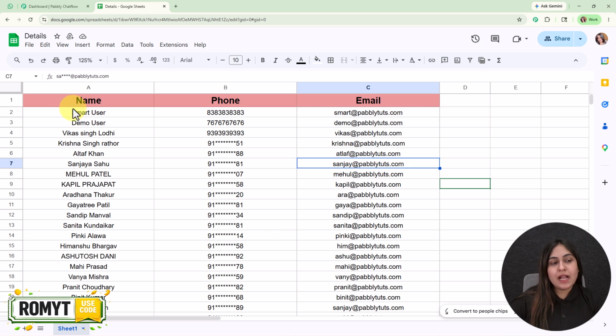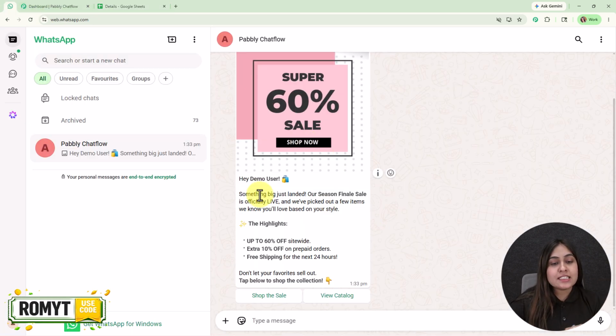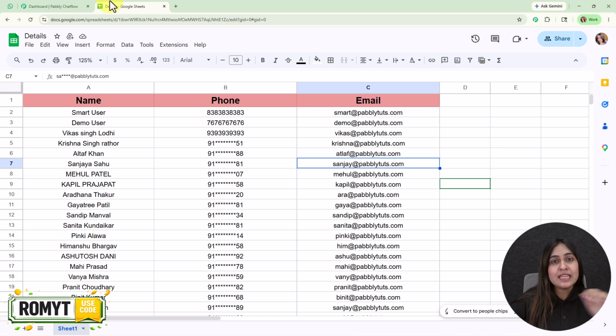I wanted to send bulk WhatsApp messages to all these contacts whose data I have in Google Sheet. But not only a single message, I wanted to send this message with an image attachment like this to all these customers with their personalized name as well. So now here, manually sending this type of message in bulk to each and every contact is a very time